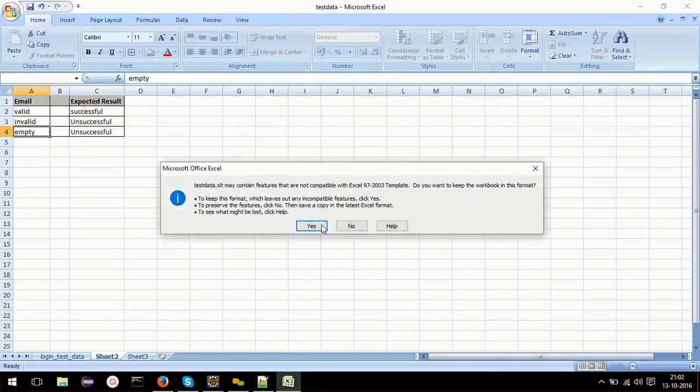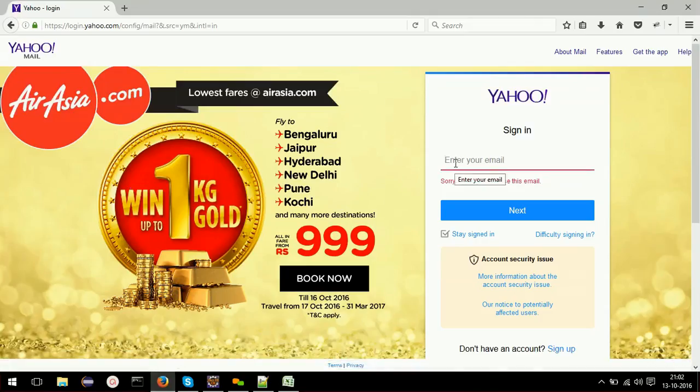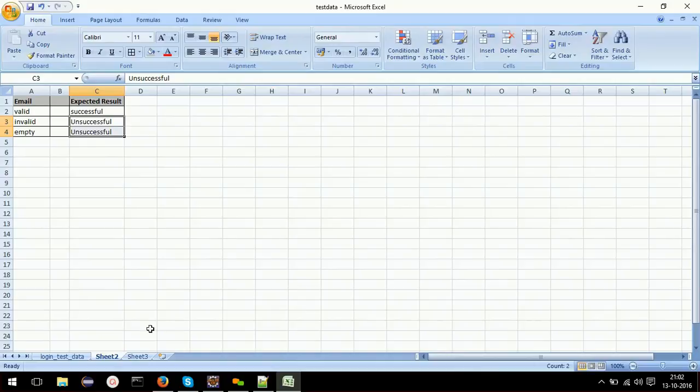Only in case of valid it should be successful. In the other two cases it should be unsuccessful. So this is one test case. I'll name it email test data. That is test data for email test.